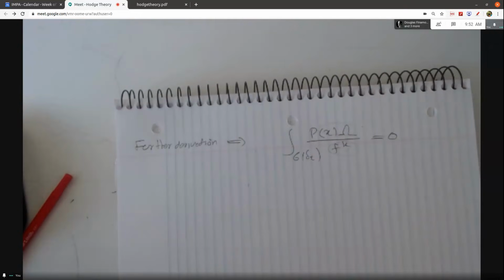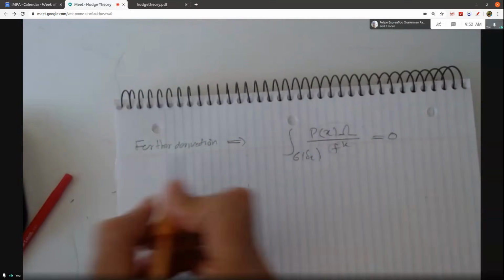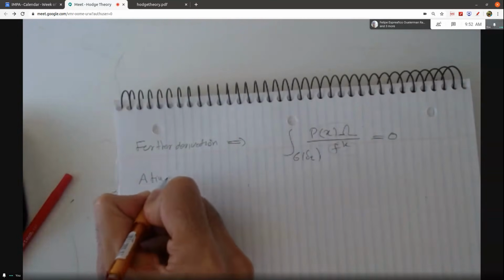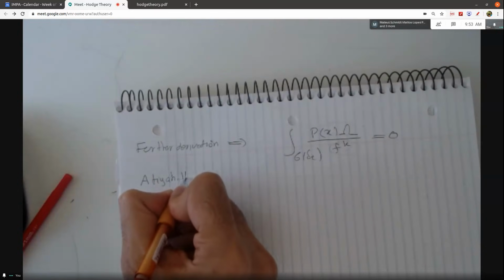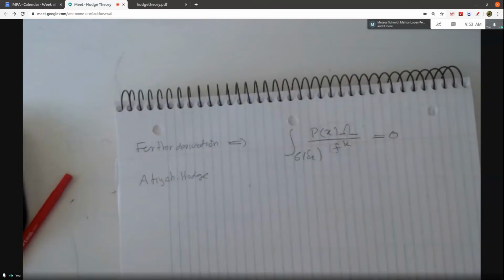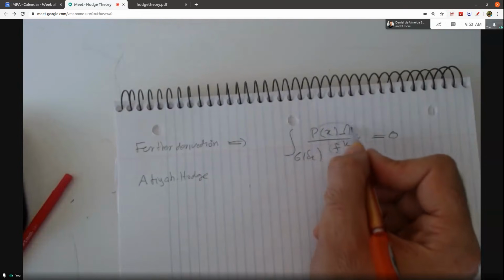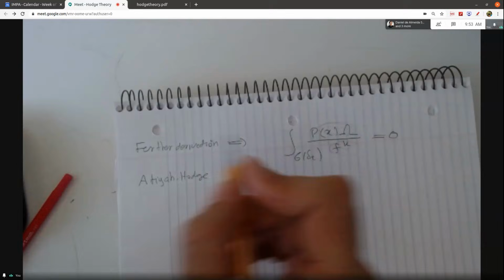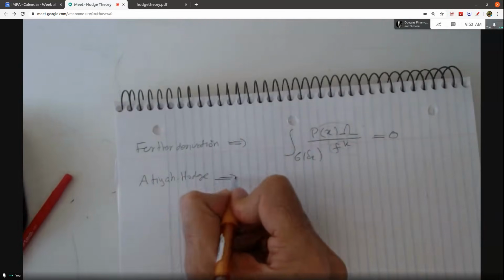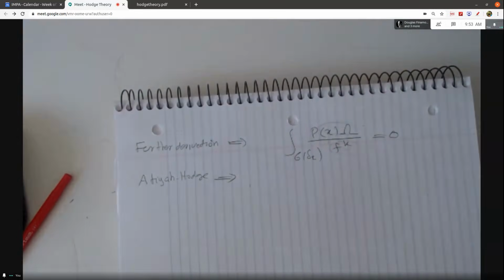And yes, we are almost done. But by Atiyah-Hodge, all these differential forms generate the de Rham cohomology of the affine variety. So Atiyah-Hodge will imply